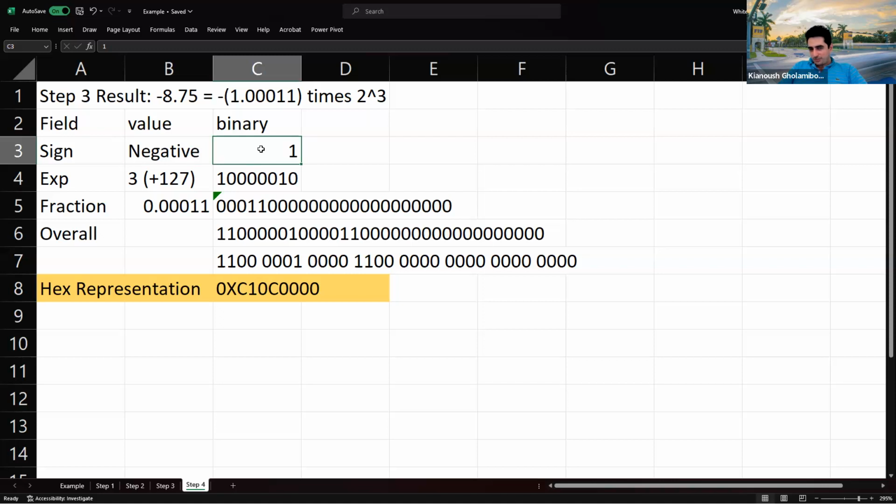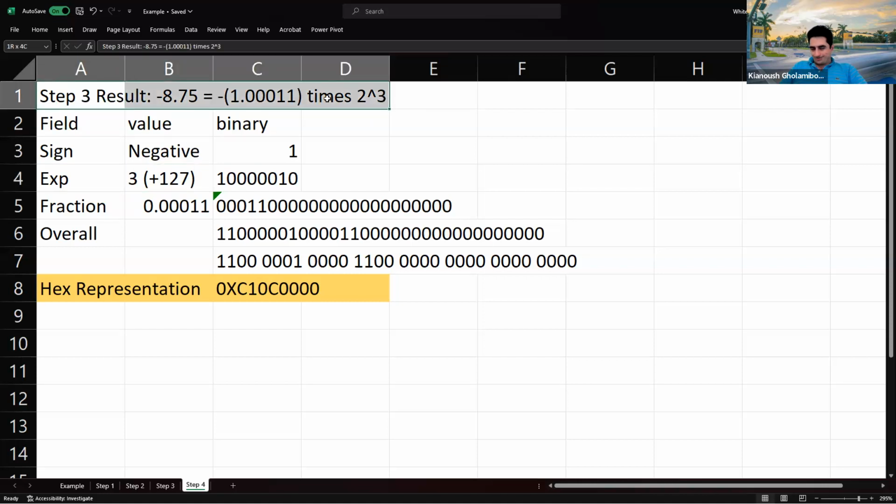If it was positive, it was 0. Then the exponent. The exponent is 3 because of the way we executed step 3. The result was -1 point something times 2 cubed. Because of the cube, the exponent is 3. But in